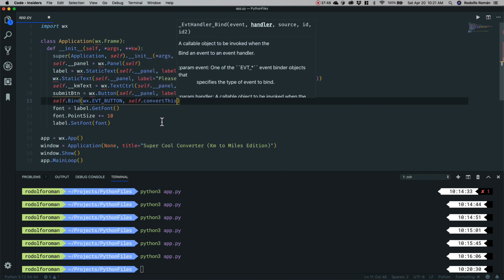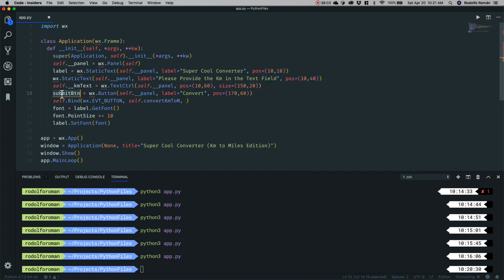So let's do self.convert_km_to_miles, comma, and the source where it actually came from. This will come from my submit button. So we're saying with this element, the button, have the event button, you will execute this. But this doesn't exist. We need to create it. Because it's going to be actually a method,